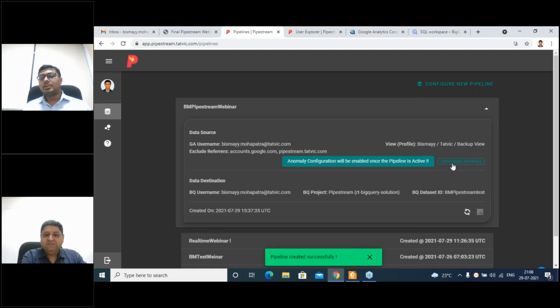I have the option even to configure anomaly. What is the destination of that particular data source, or the data that is going to be fed into, which is like BM pipe stream test, right? And the timeline. If you can see, there is basically a processing icon which says that the pipeline is being